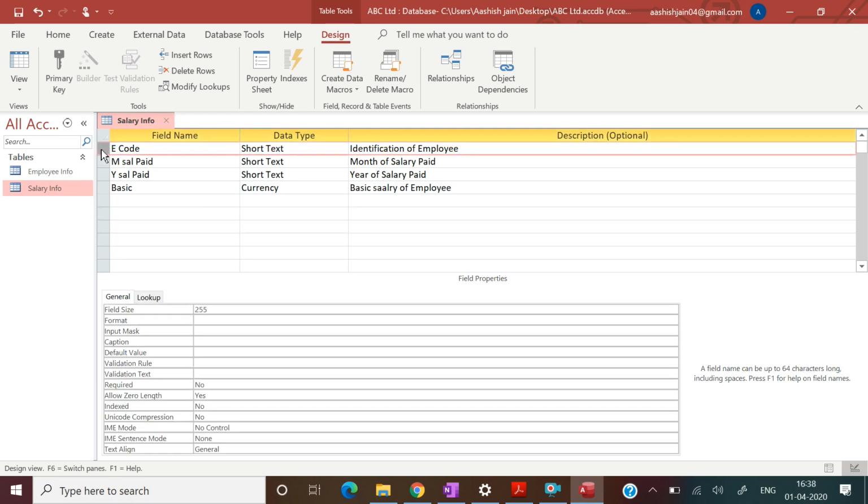Okay, so how to put a foreign key? Click on indexes here in design.